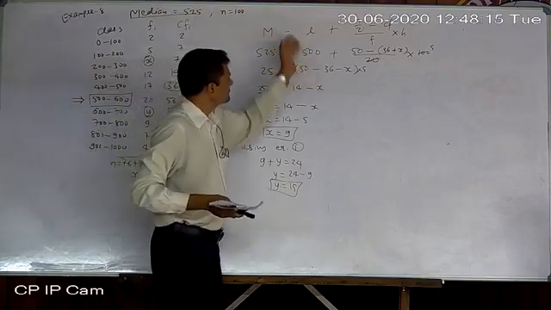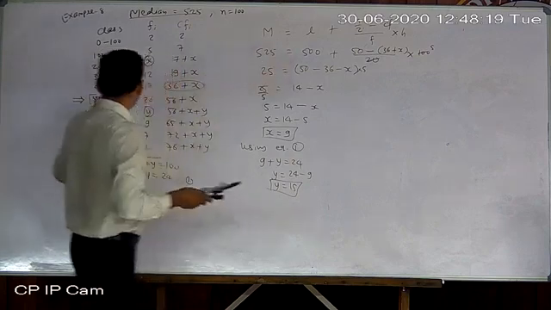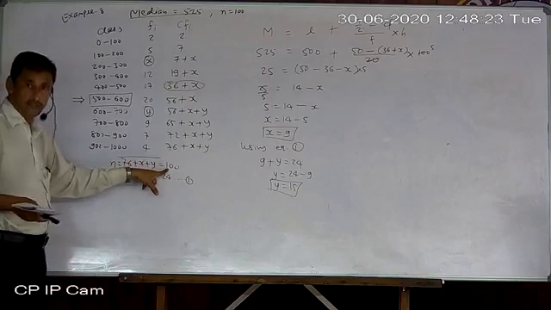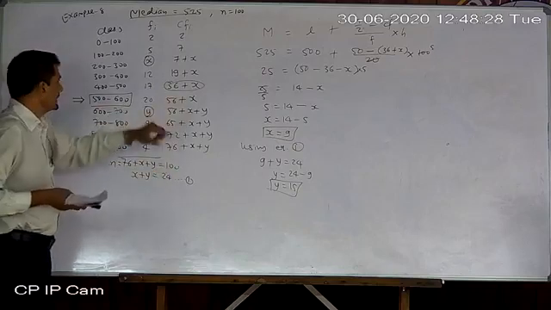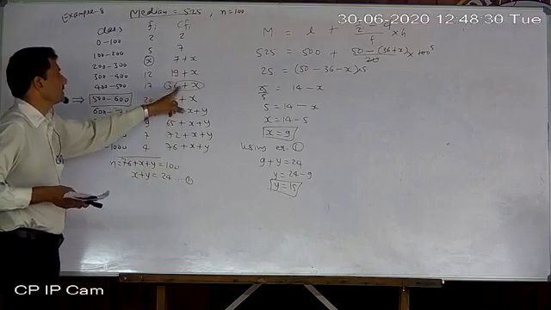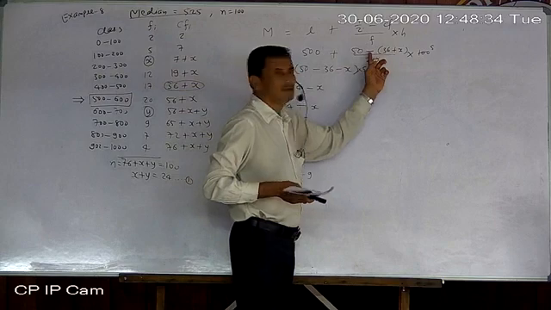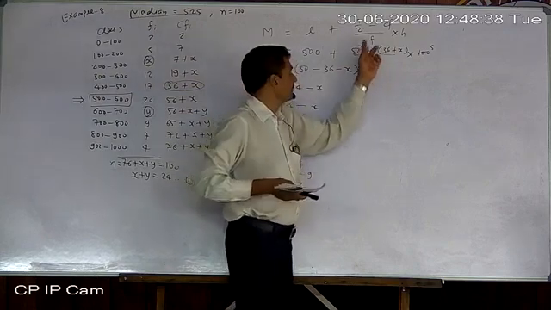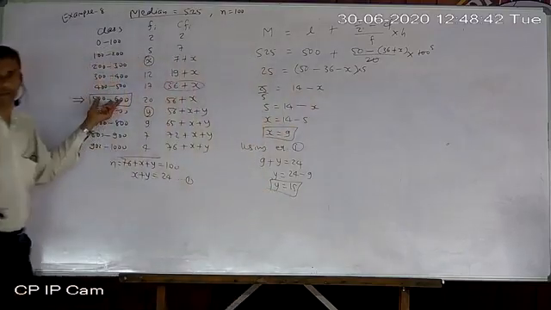Now I just place all values. Median given, lower boundary of median class 500, n by 2 is 50, because n equals 100. I had not shown where 50 came from. Then CF is 30 plus 36 plus x, but it should be in a bracket. Why? In front of that a minus sign is there. Frequency of median class 20, class size is 100 here.